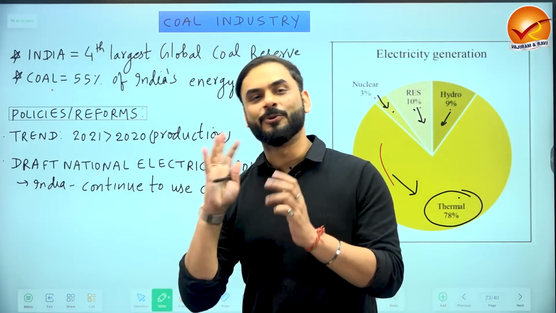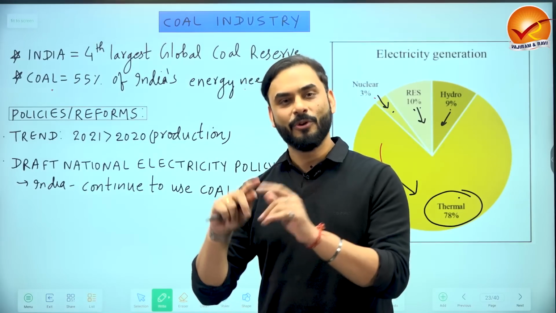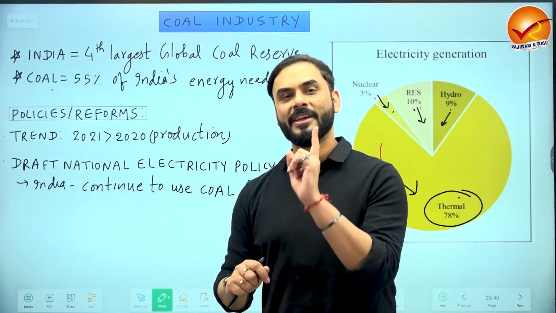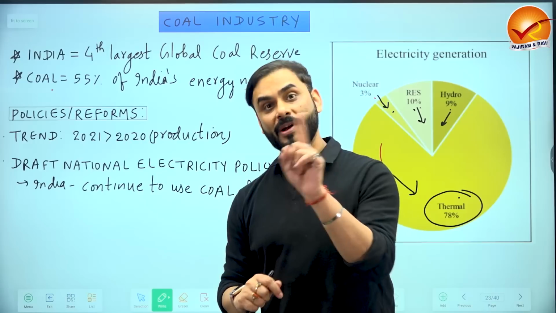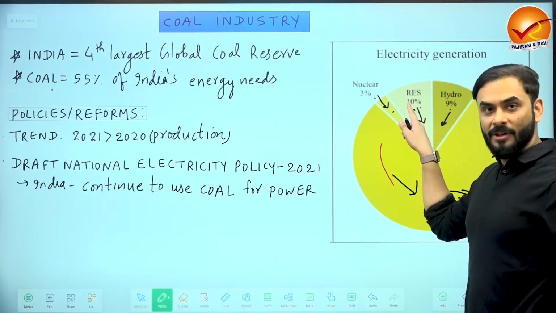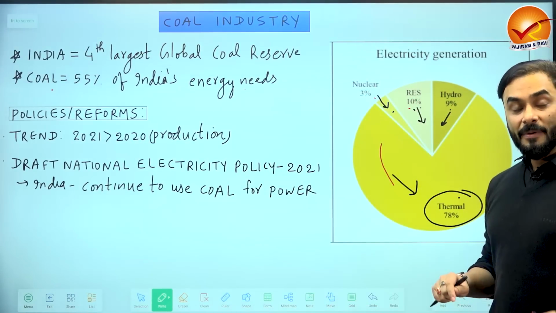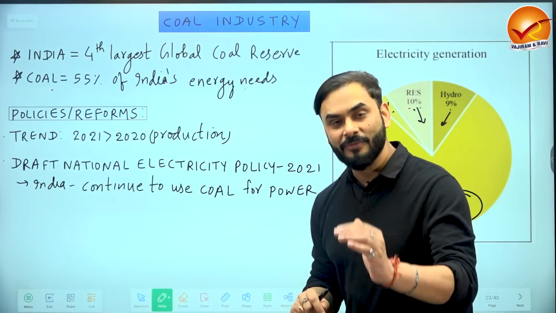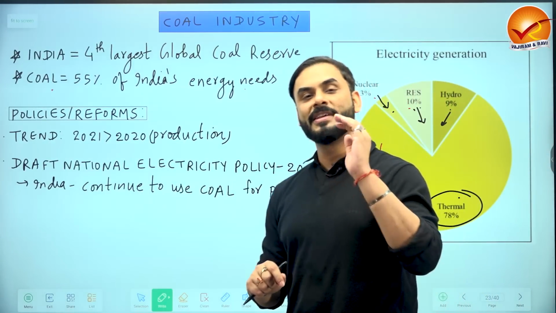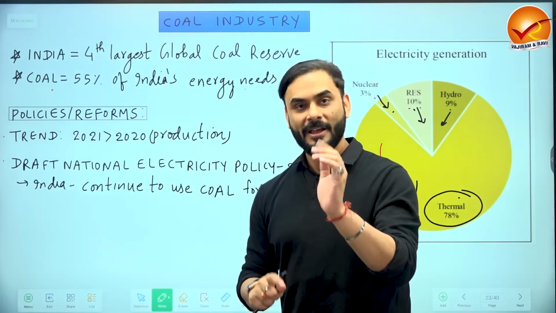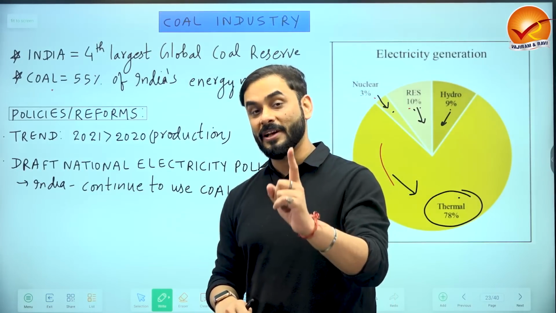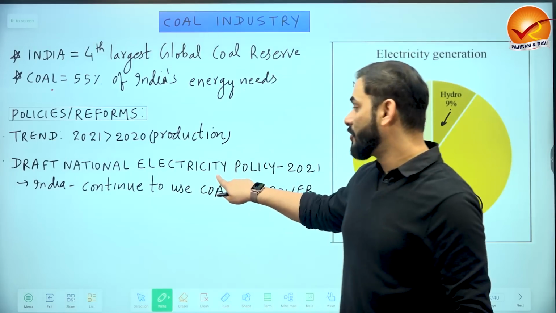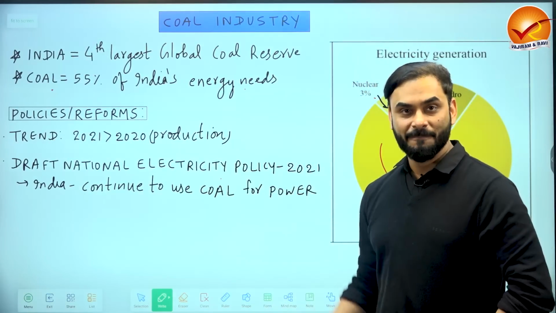and we cannot immediately do away with coal. We cannot completely remove coal overnight. So Government of India has said, yes, we will try to generate more electricity through renewable energy sources, etc. But the use of coal will not become zero overnight. We would continue to use coal, yes, lesser coal in future, but coal would be an important source of electricity generation also, which is mentioned here in this draft policy. All right.